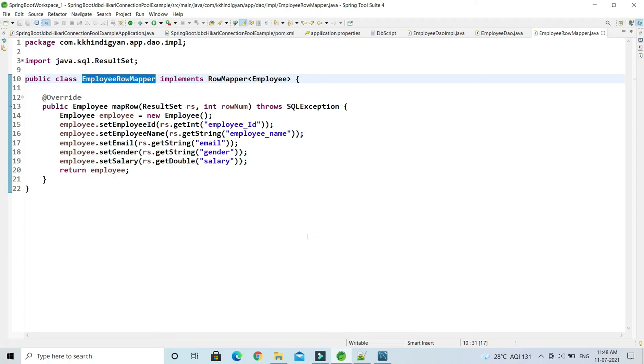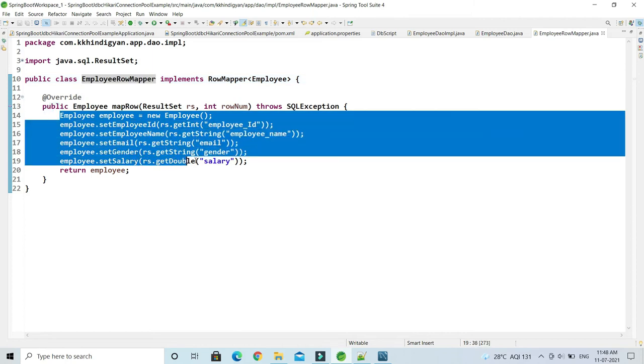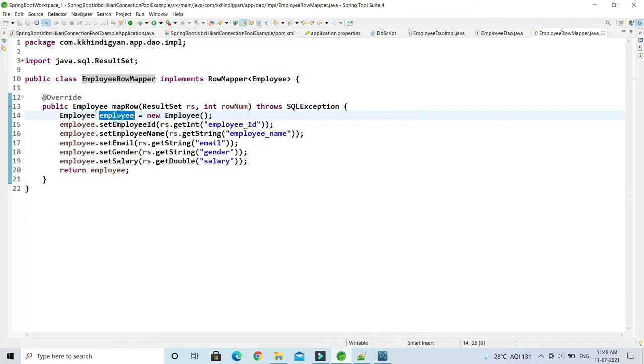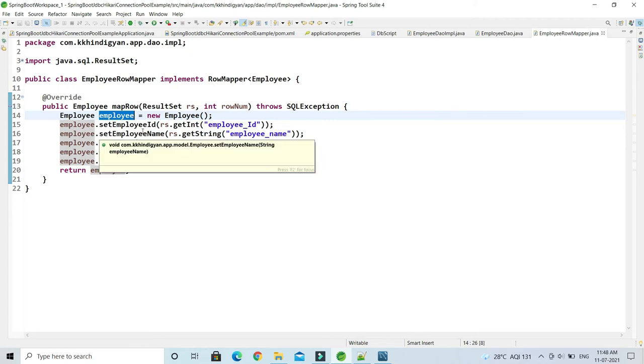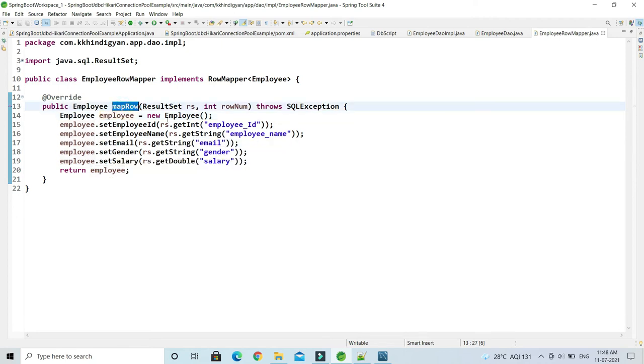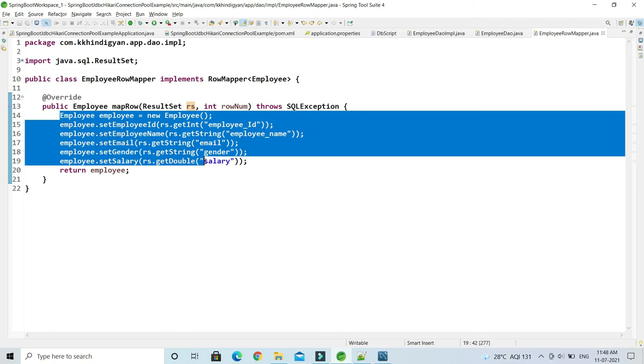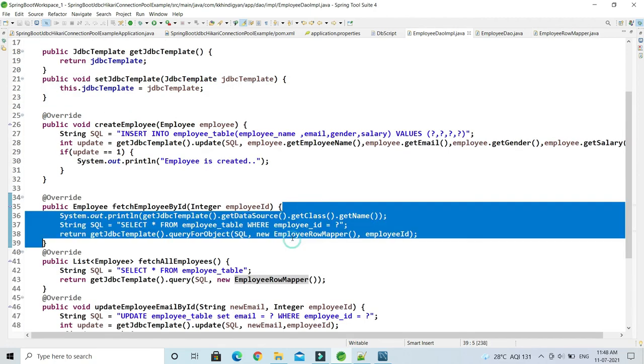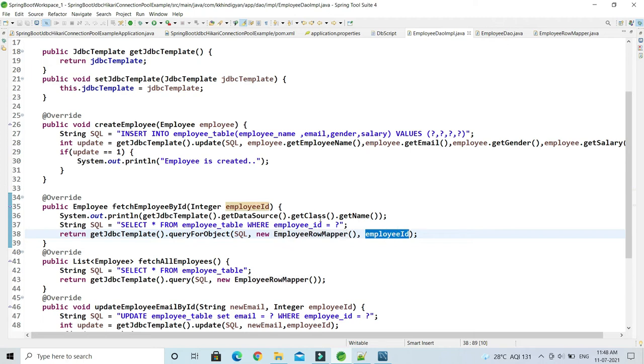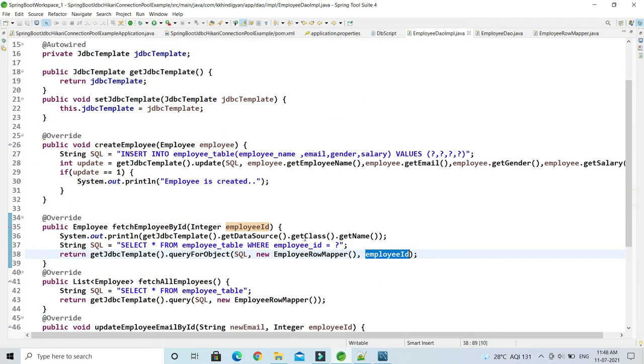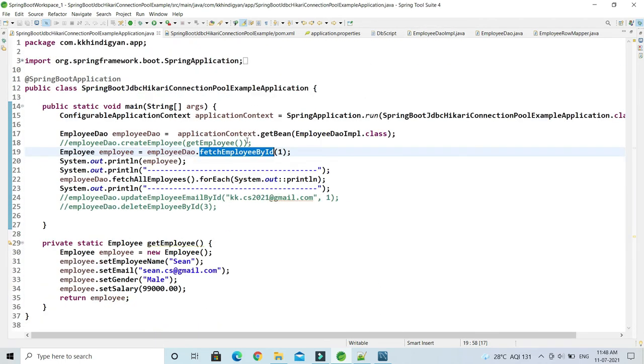So when you select data from the database, and if you have a custom object, this is basically one Employee object, and this mapRow is the lifecycle method which is going to be called by Spring JDBC for each row, and for each row we are fetching and putting into the Employee object. That's it, right? So here we need to specify the EmployeeRowMapper which I have created, and just pass the employee ID for which you want to fetch the information. Pretty simple, and the rest of the API is self-explanatory, right? So that's how we are making a call to the database.